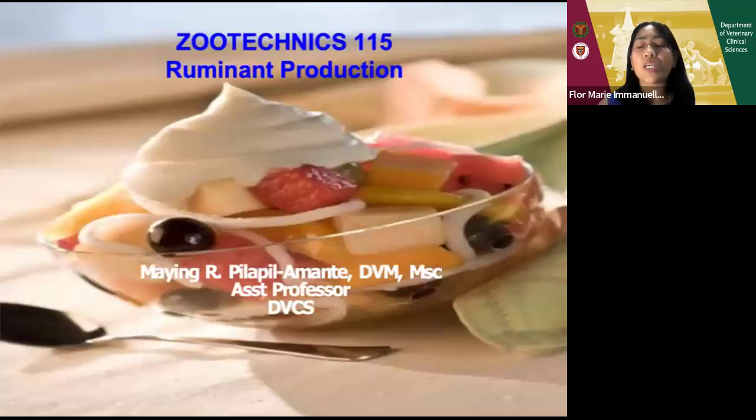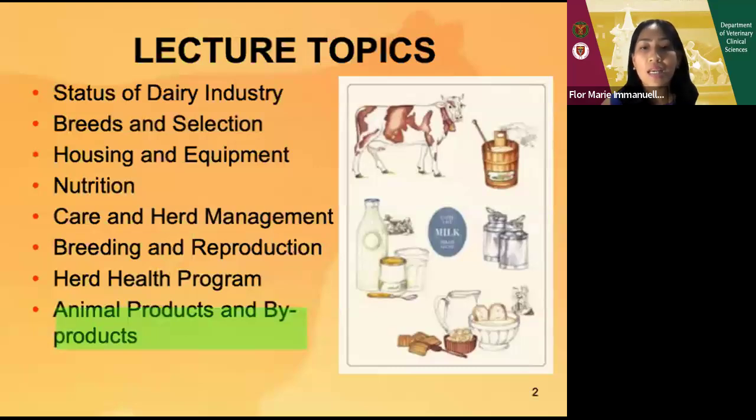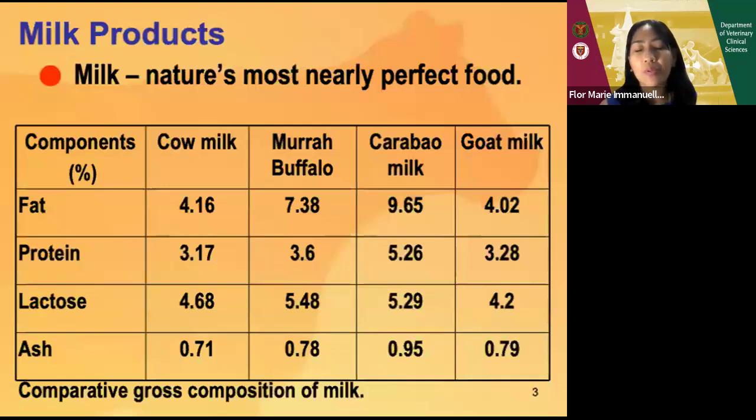Okay, today we're going to discuss topic 8, which is on animal products and byproducts. In this table, we are presented with the main components of the milk, such as fat, protein, lactose, and ash. And comparing across the domestic ruminant species, we mainly have cow as the most famous one, giving off most of the milk or high volumes of milk,